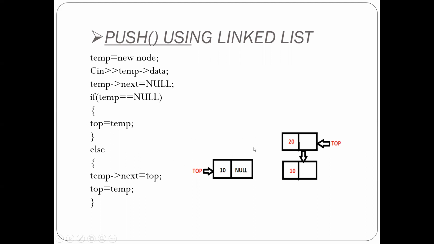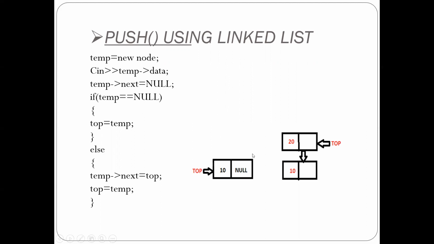In the case of the singly linked list, the first node in the singly linked list we mark as the head node. Instead of that here, only the topmost node we have to mark with the top pointer. In the case of the array implementation, we have taken this top as an index, a normal integer index variable. But whenever we implement the stack using the linked list, this top variable should be a pointer variable, which is going to point to the topmost node present on the stack.